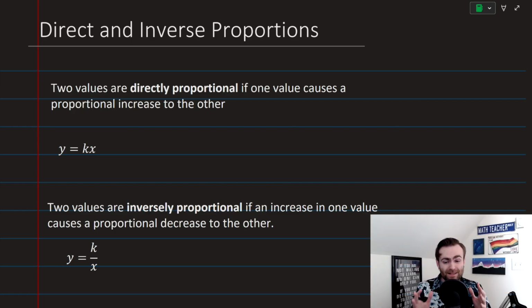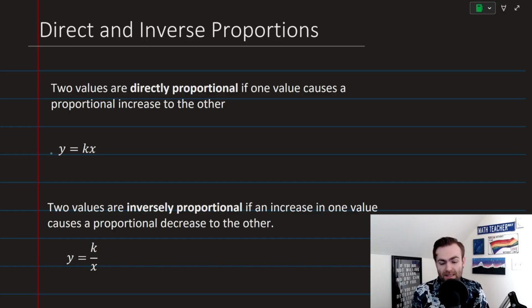So let's talk direct and inverse proportionality. To start off, two things are directly proportional if when one grows, the other grows as well, or if one shrinks or decays, the other one shrinks and decays as well. They move in the same direction, if you will. So how that's represented